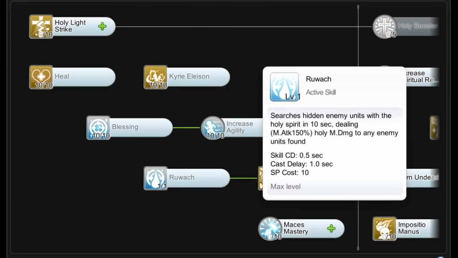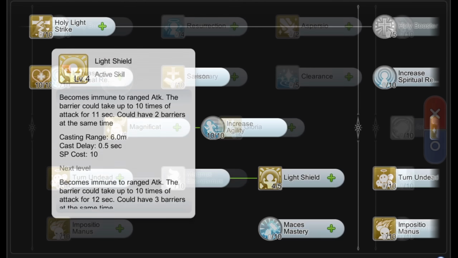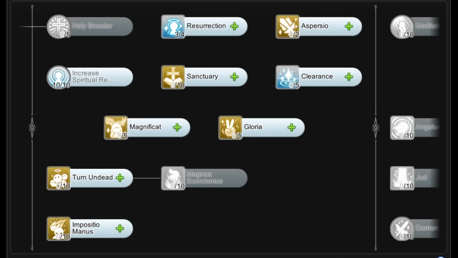Then get level 1 Ruach for detecting those hiding assassins and stalkers. And lastly, get level 4 Light Shield for protection against ranged physical attack. For the priest skills, you should allocate points on level 10 Increase Spiritual Recovery for improved SP regen, level 3